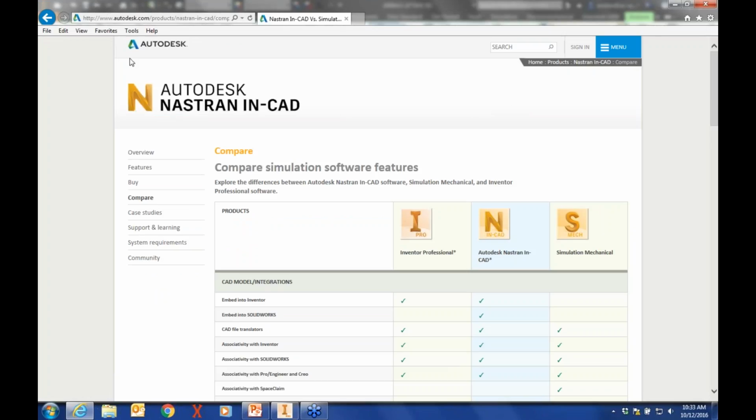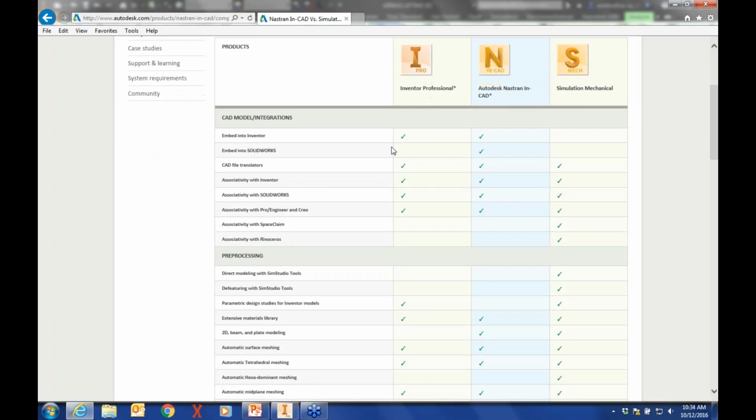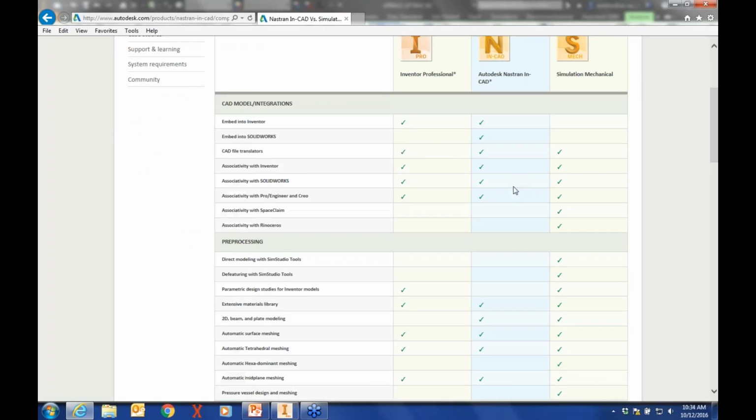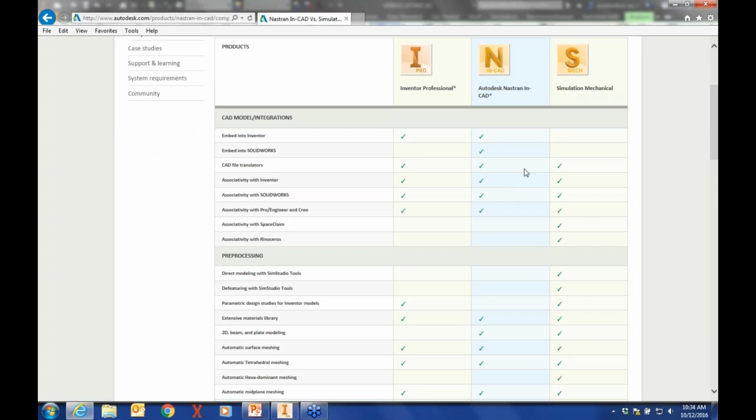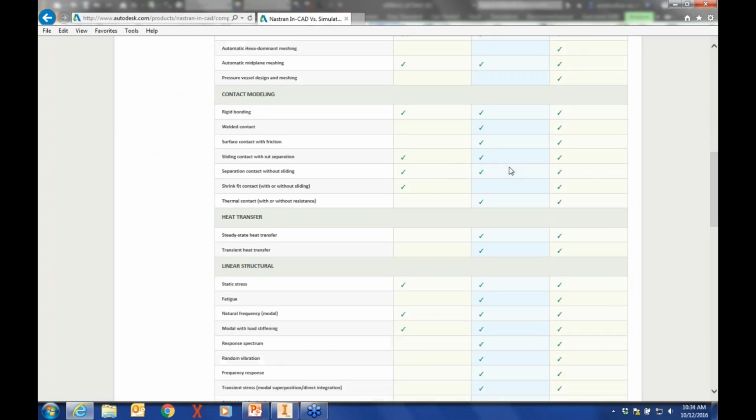But this is a nice comparison chart. It's on the Autodesk website, autodesk.com, products, Nastran In-CAD comparison. You can just Google it too and try Inventor Professional versus Nastran In-CAD, or Simulation Mechanical. It goes through and shows what the capabilities are, a check mark next to each of them, so Inventor Professional can do a lot of the stuff these other tools can do,